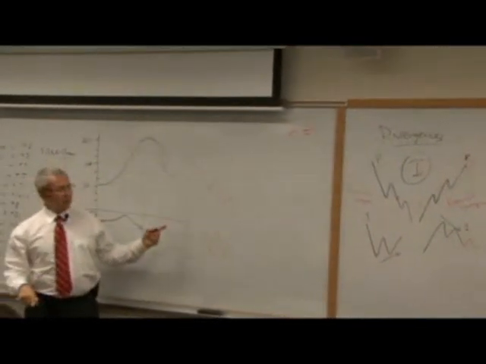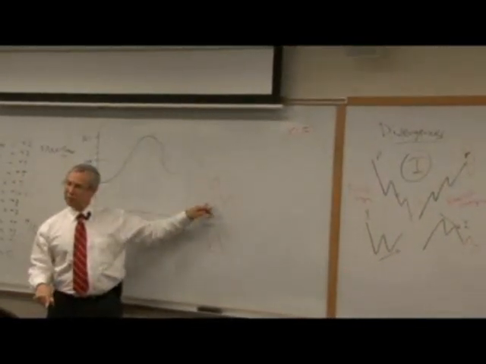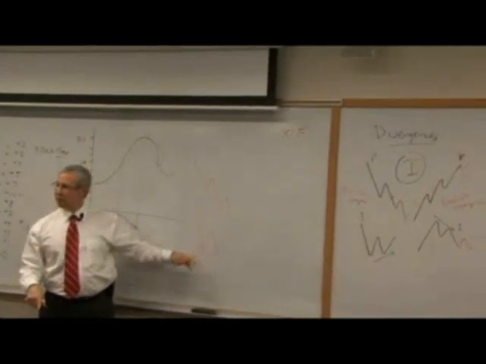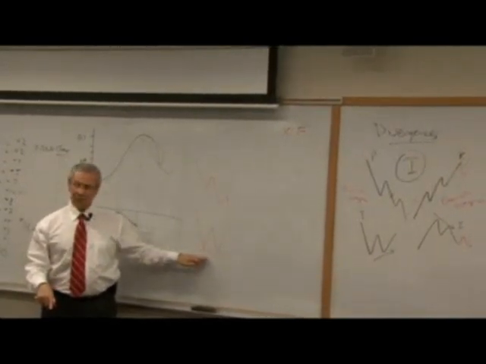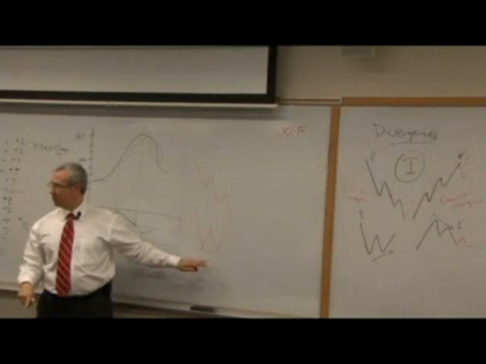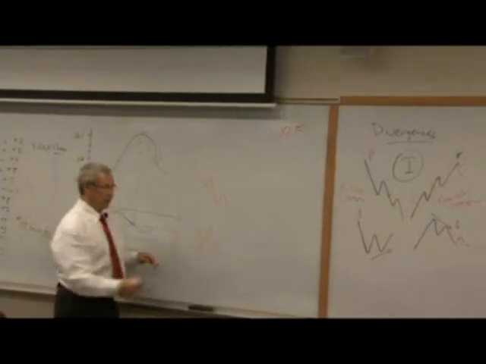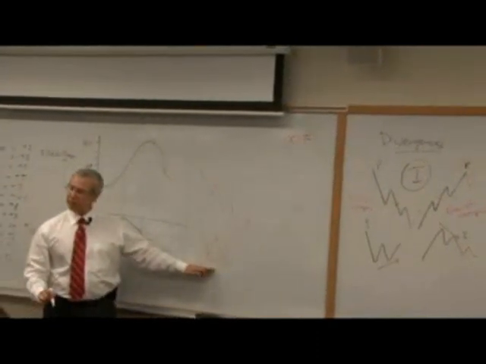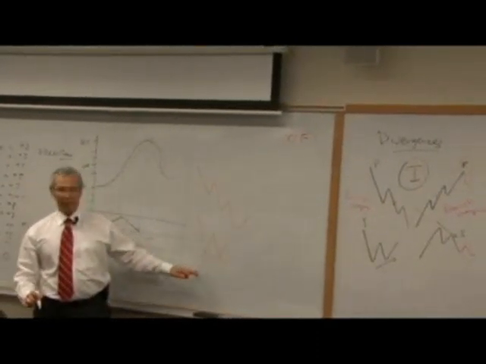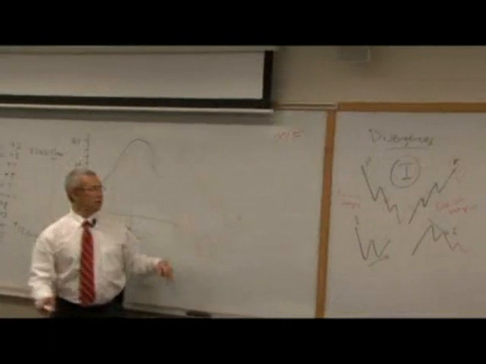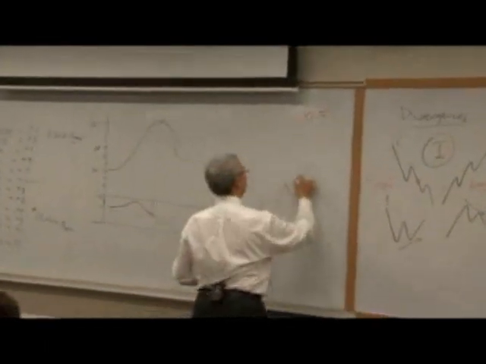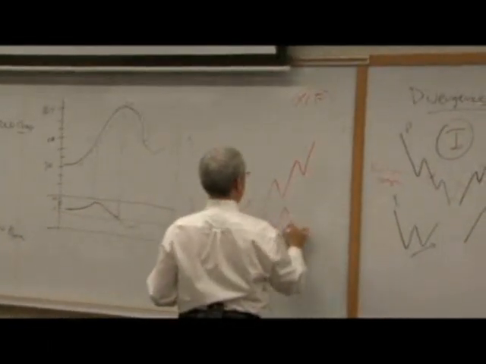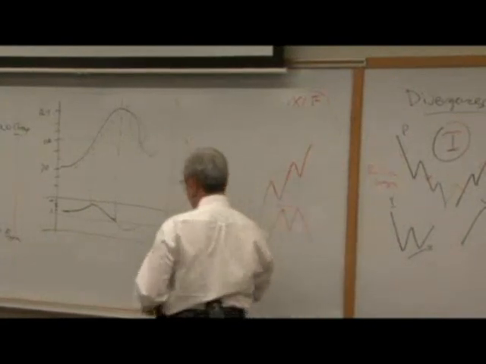But again, it's a divergence. Price makes a lower low, but the second sell-off had just the same power. It can give you a rally if all the things come together, and it is a divergence, but it's not as inherently powerful as the other two categories. So we can make a higher high in price and an equal high in our indicator.